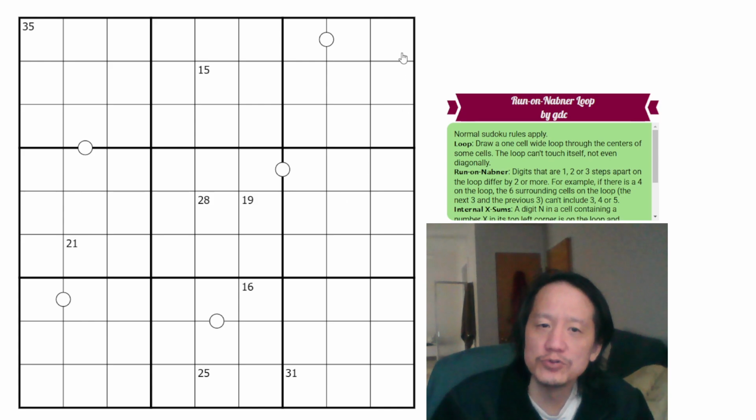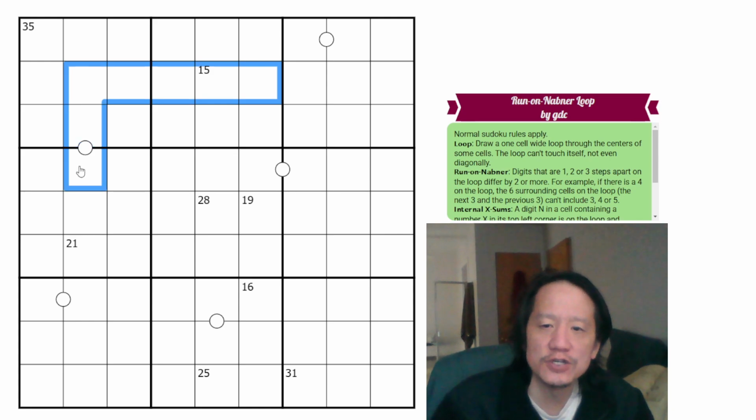Normal Sudoku rules apply, which means place the digits 1 through 9 once each in every row, column, and box. Loop: draw a one cell wide loop through the centers of some cells. The loop cannot touch itself, not even diagonally. So, for example,